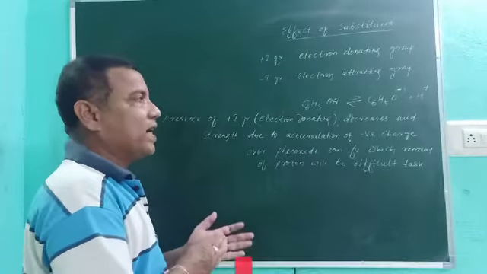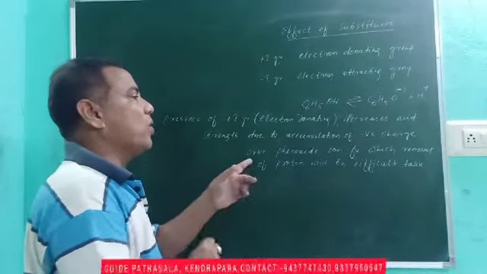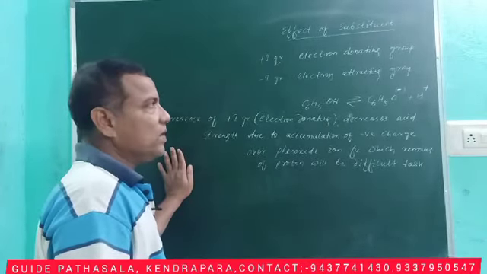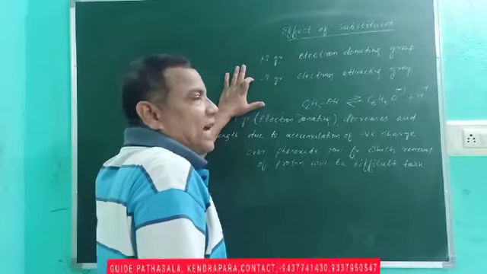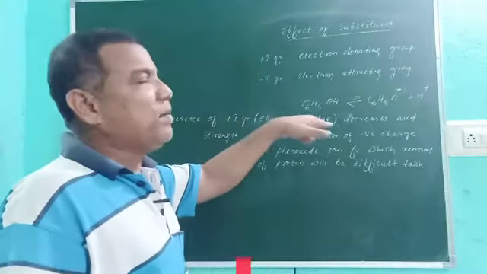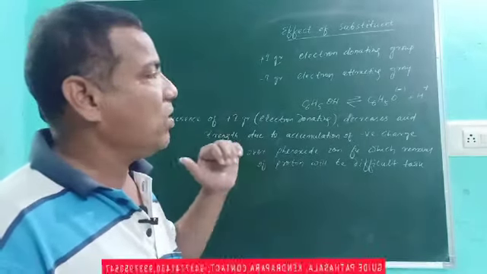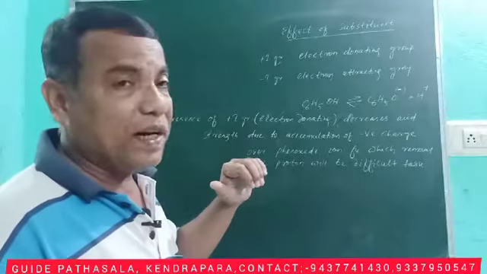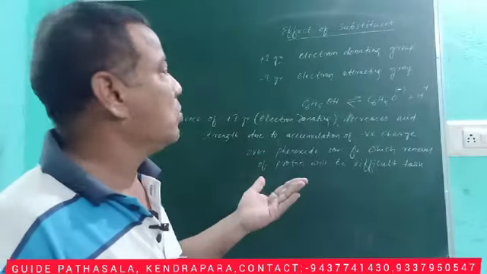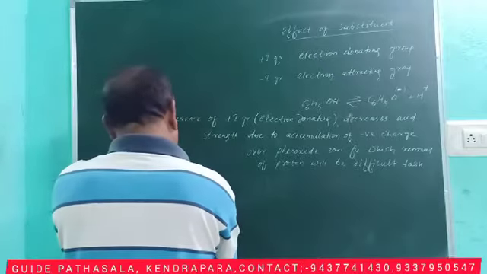So accumulation of negative charge over the phenoxide ion, for which removal of proton will be a difficult task, decreases the acid strength. So the minus I group, that is an electron attracting group, will attract the electron towards itself. As a result, the negative charge which is created over the phenoxide ion decreases, and the negative charge diminishes over the phenoxide ion, so removal of proton will be easier. So the presence of a minus I group increases acid strength. Similarly,